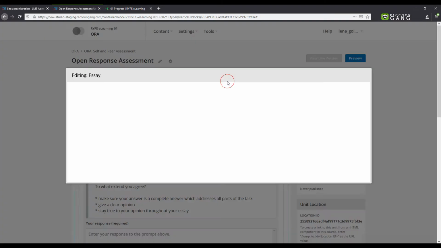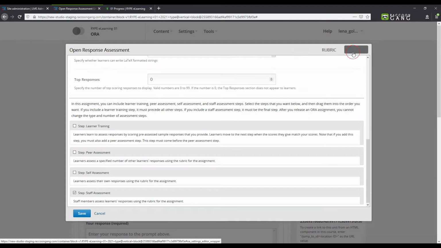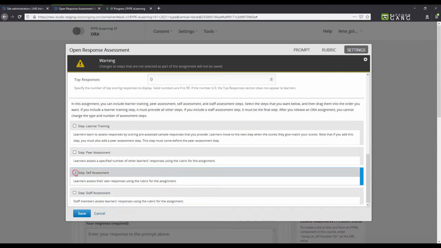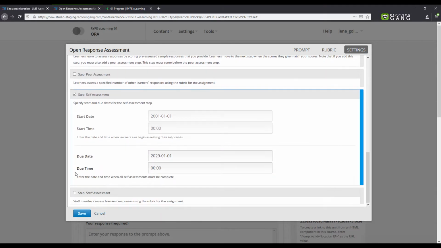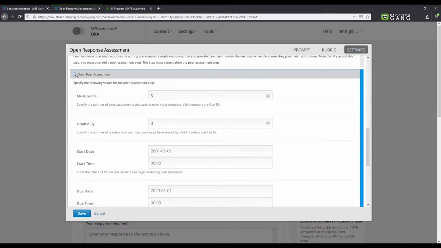You can use the Open Response Assessment task with no staff assessment step. For example, you can allow students to perform a self-assessment. In this case, the grade they will put for themselves will be their final grade. You can also use the peer assessment. In this case, the students will get a final grade that is going to be median based on the assessments